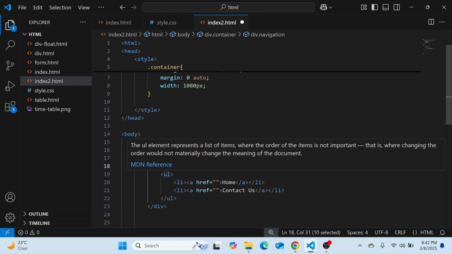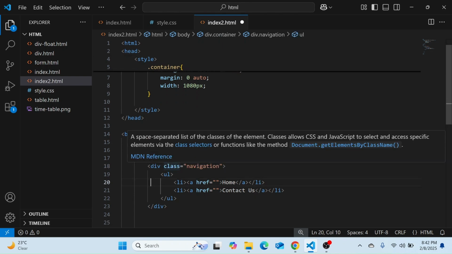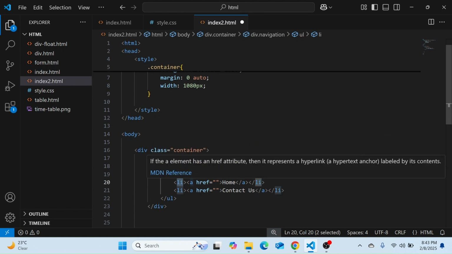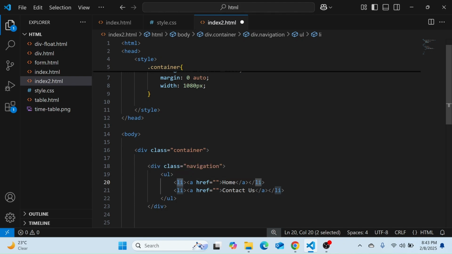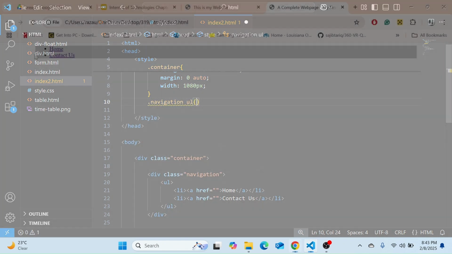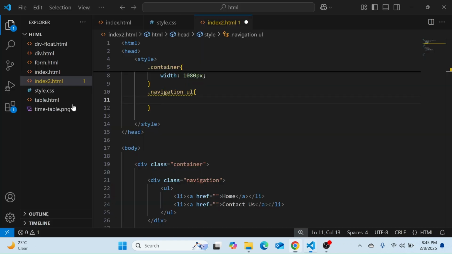So the idea of a div is that you can put multiple elements inside. We have one div, and we have one unordered list element, then we have another element inside, then we have an a tag inside. That means it's like a tree we have. And now I'm going to assign some styles to this one. The root node is navigation, and then we have the unordered list. So I'd like to remove these small circles from here. To remove these,